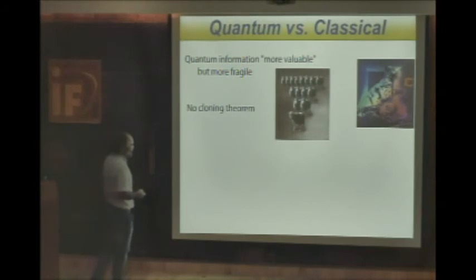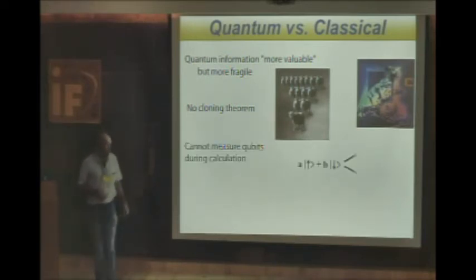And the second reason is the so-called no-cloning theorem. That states that it's impossible to exactly duplicate unknown quantum information. So in a classical error correction scheme, you duplicate the information, you run the multiple copies through your algorithm, and in the end you compare them. In quantum computing, you cannot duplicate your information,